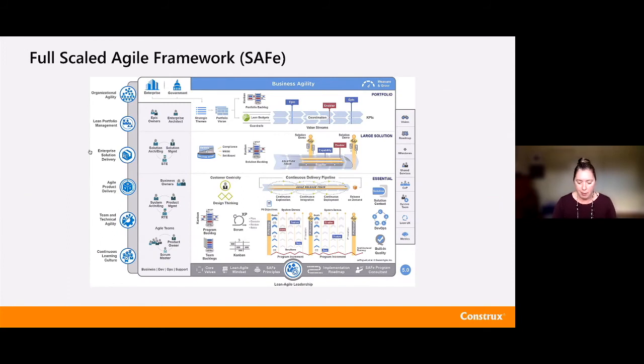So if you look at all of these pieces with essential and large solution and portfolio, you start to see that there's a lot inside of SAFe. And if I think about the background of SAFe, the first time I heard people talking about some of the things that Dean was doing, I was inside of Symbian, which at that time was like 1,000 people working on a phone OS. And the first time I saw a diagram outside of the book and in a PowerPoint, I was in Nokia with a group that had about 3,000 people working on a phone family. And certainly when you start thinking about things that are that scale, that complexity, a lot of the things inside of SAFe start to make a lot of sense.